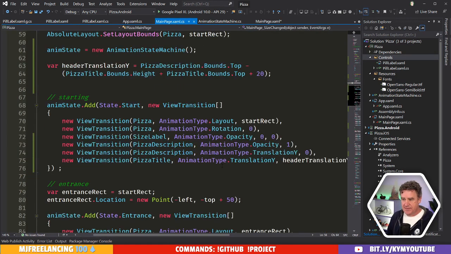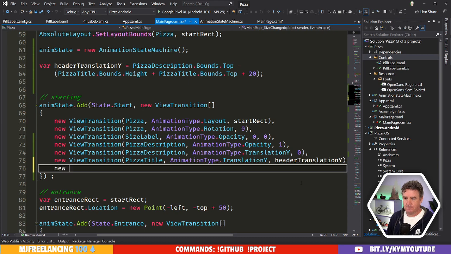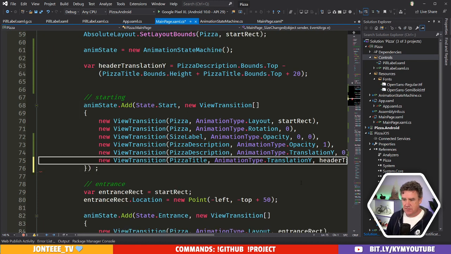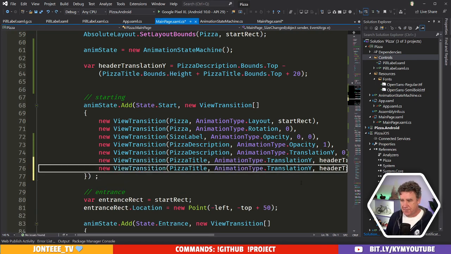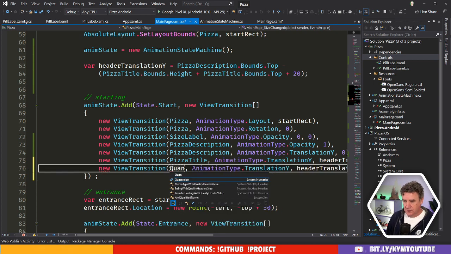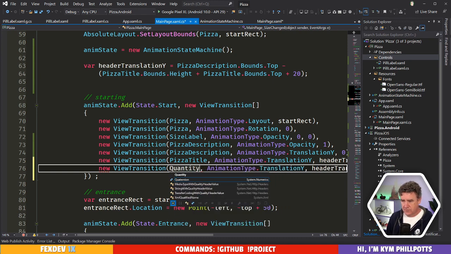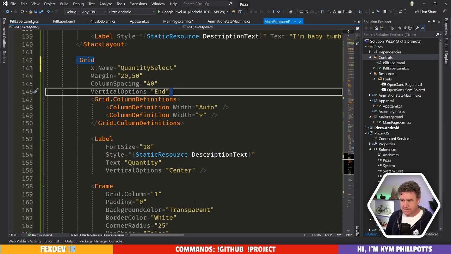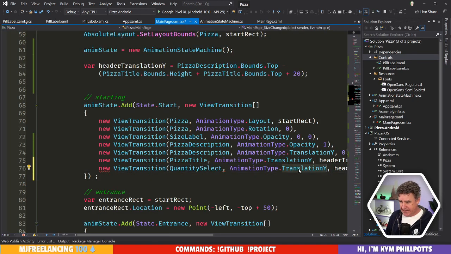So let's say this. When we're in the start. Oops. What did I call that? I just didn't save the file. That's the problem. So our quantity select,